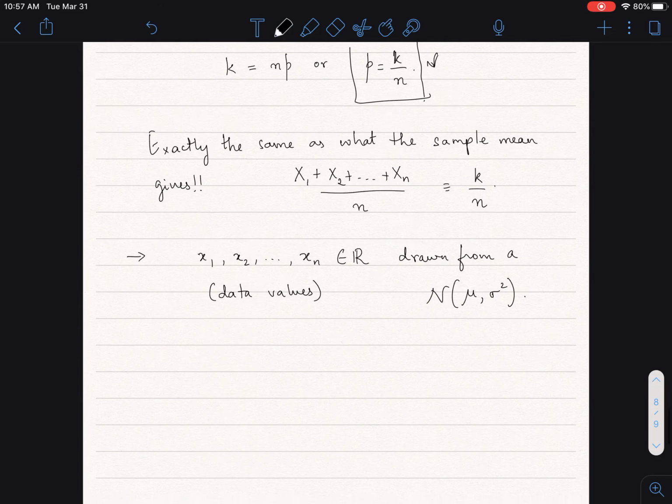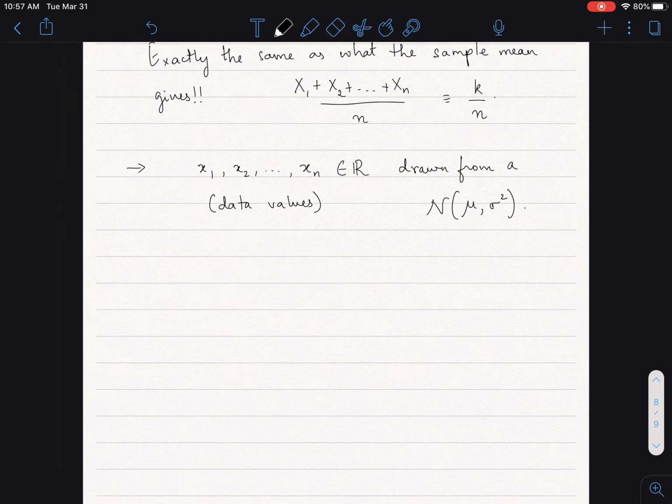Okay. Now you can also write down the likelihood function here, right? Which is the probability of observing these values given mu and sigma square. Okay. And how would you write this down? This is now a very messy expression, right? Because it would be basically